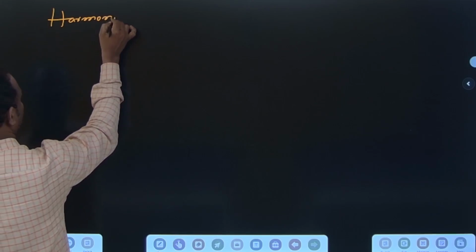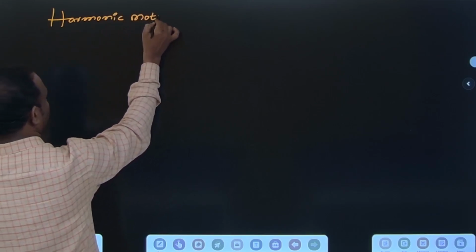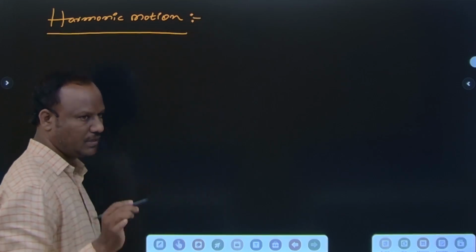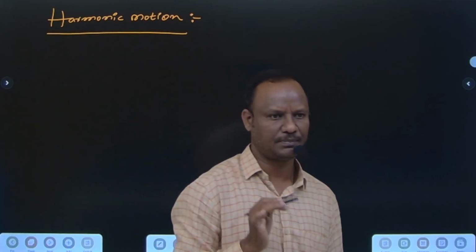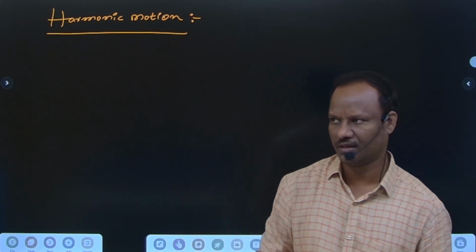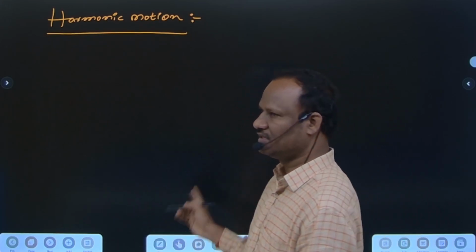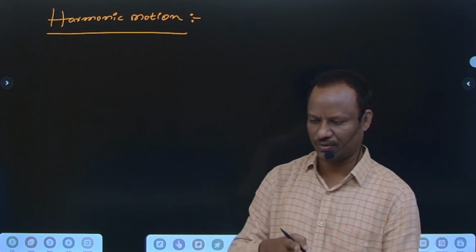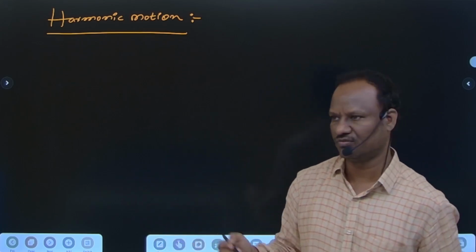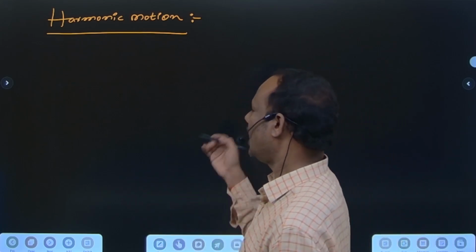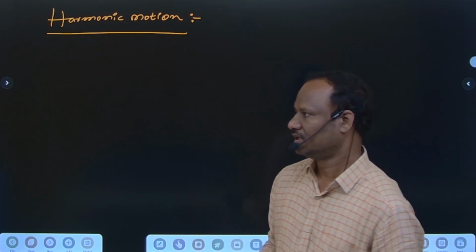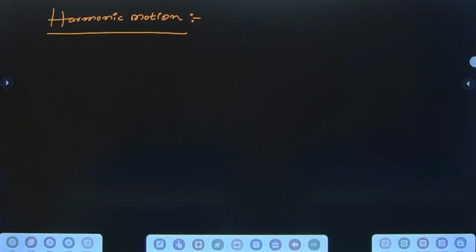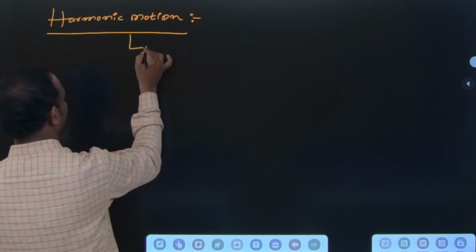Harmonic motion. Don't get confused about periodic motion: it moves along the same path in equal intervals of time. Oscillatory motion moves to and fro about a fixed point, towards and backwards. So what is harmonic motion? It is the motion of a particle, if the motion of the particle